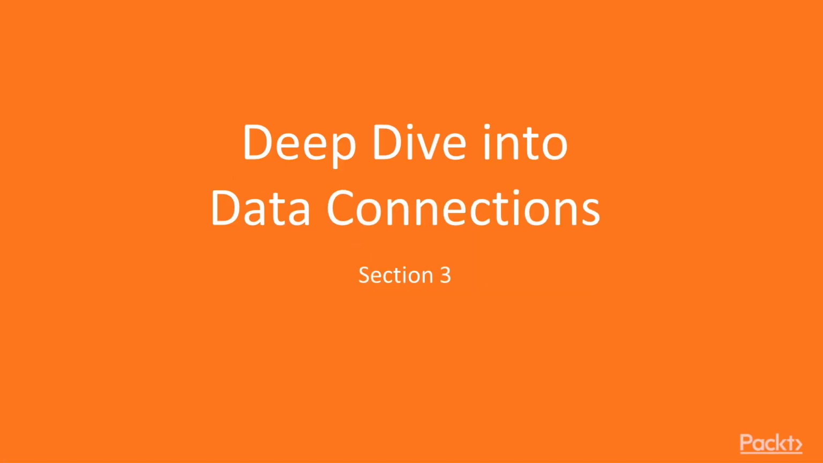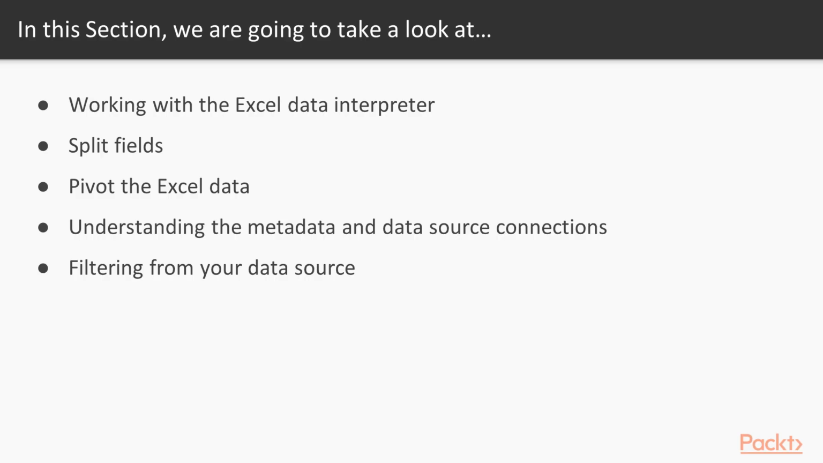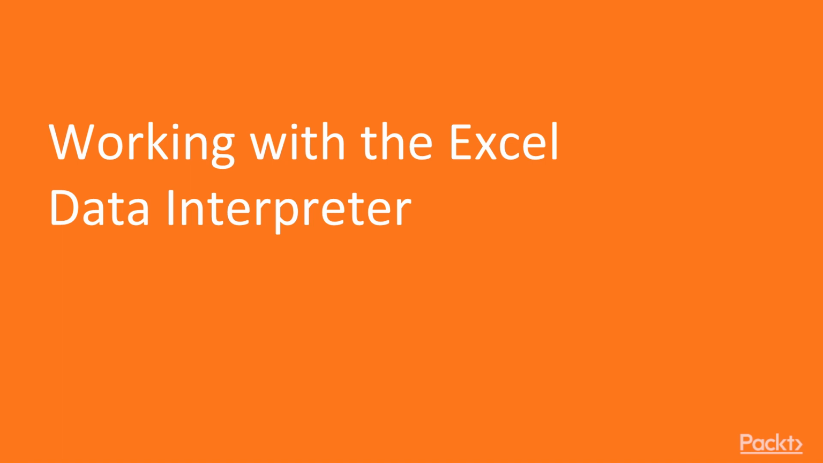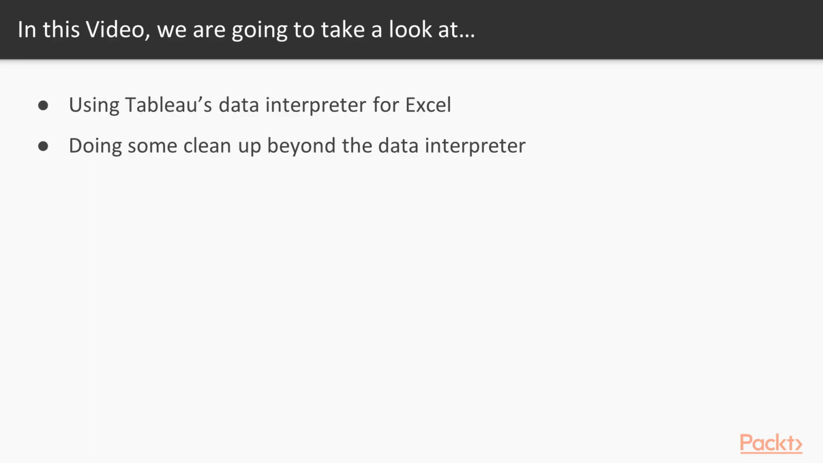Welcome back, everybody. This is section 3, a deep dive into data connections. We're going to be working with the Excel data interpreter. We're going to be talking about splitting fields, pivoting, understanding the metadata, as well as filtering directly from the data source. This particular video is going to be about working with the Excel data interpreter. It's kind of a cool tool. And we're going to do that as well as do a little bit of cleanup